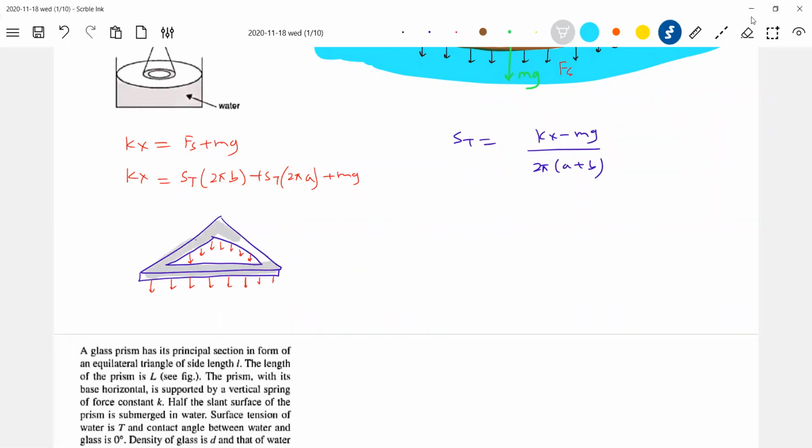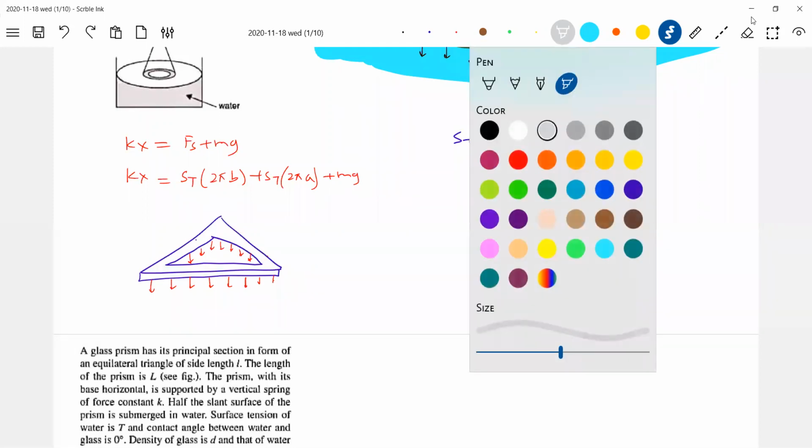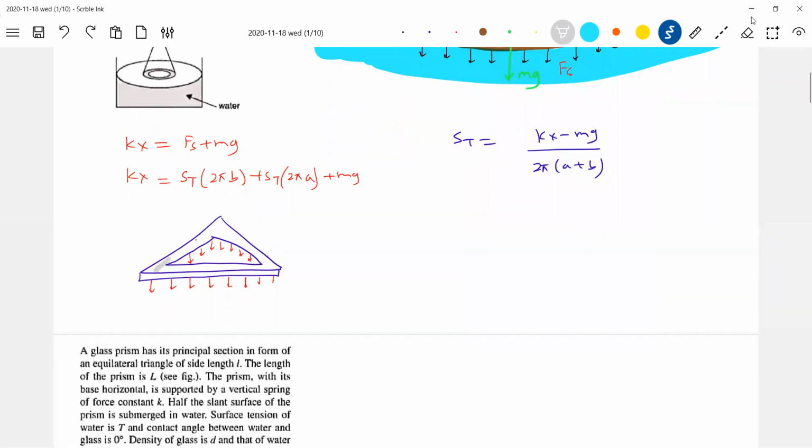Now in this case, what you should do, the inner edge and outer edge, the distance has to be taken care of. Please do imagine. So these are the types of questions you can expect in the exam. Nothing big. If a triangular frame is kept on the water surface, in a similar situation, then what external force should I apply to pull it from the water?